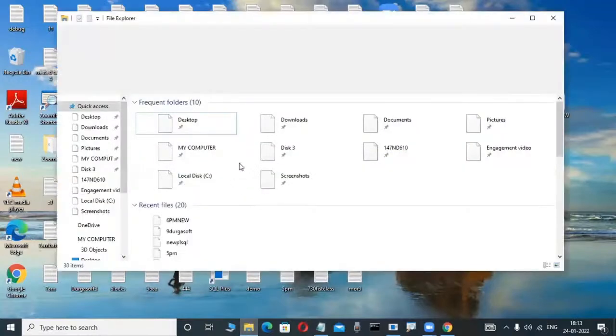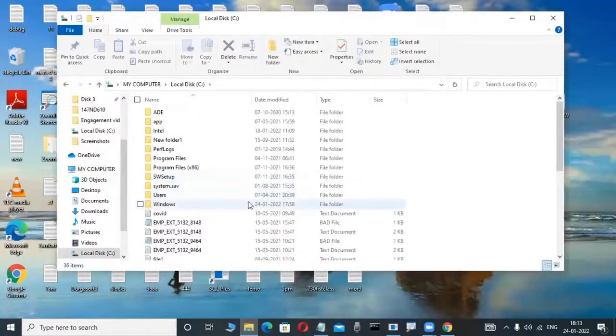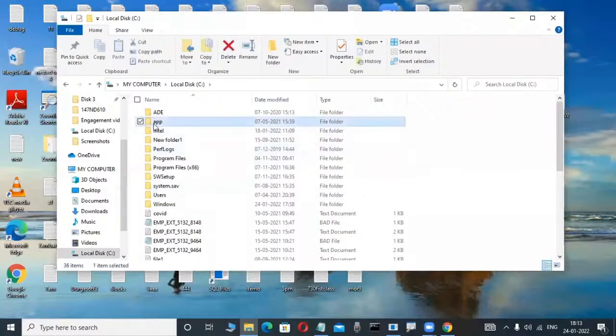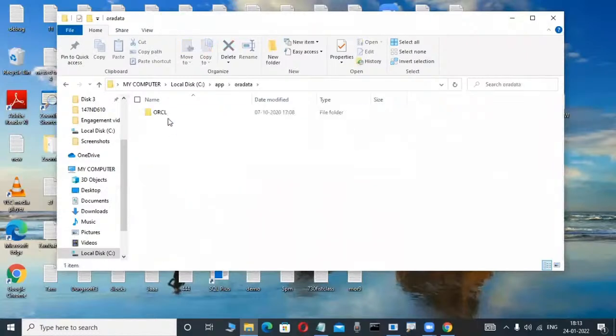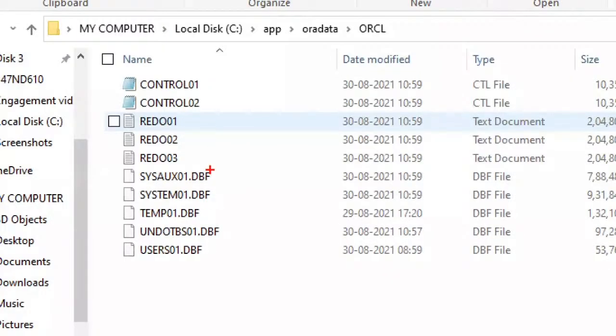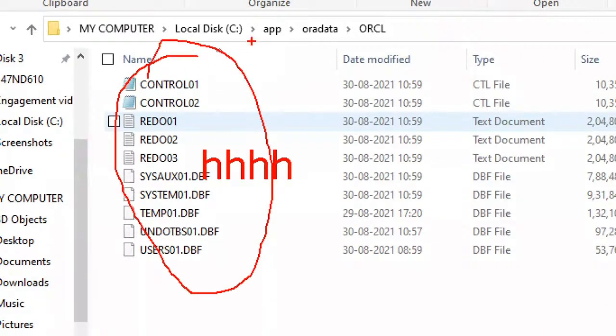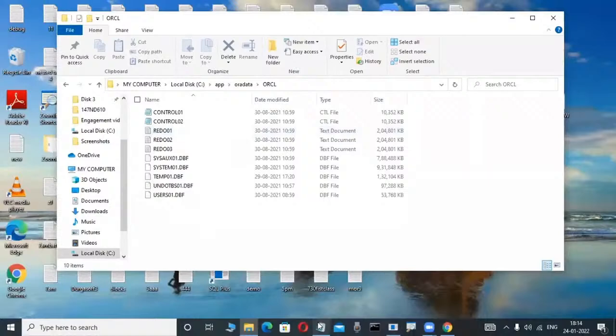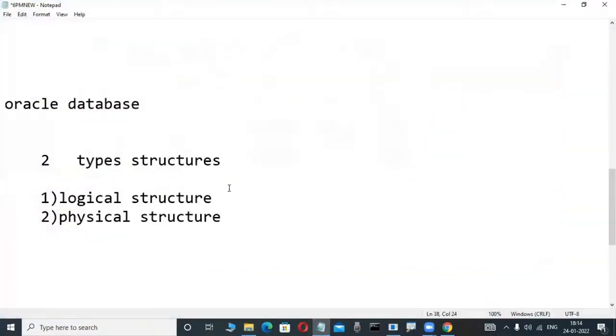I'm installing Oracle. How you install Oracle, we will learn in the next classes. Don't worry. Say I'm installing Oracle in C drive or somewhere, and in this C drive your table is not available. Whatever table I'm creating is not visible in the C drive or D drive. That's why a logical structure means a structure which is not visible